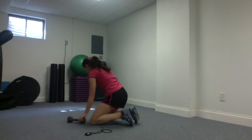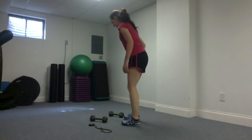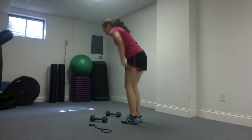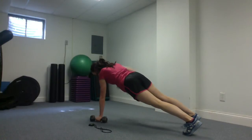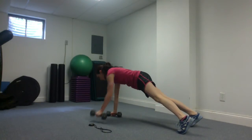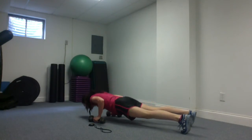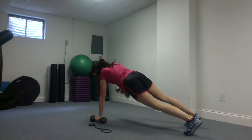Now we're going to do 60 seconds of total body exercise. This is really going to get our heart rate up a little bit, so we add in a little bit of our higher intensity. And we're going to go down onto the dumbbells. I'm going to do a push-up. We're going to do a row for the other side, jump up nice and wide, and hop up. So it's a push-up with a row on each arm, and then we're going to jump back up again,